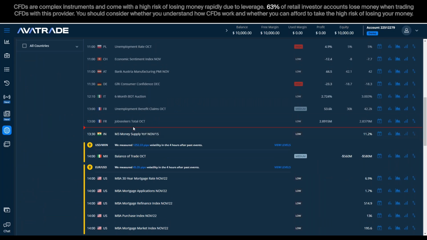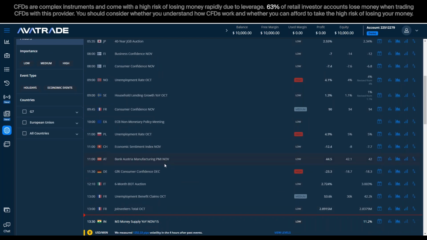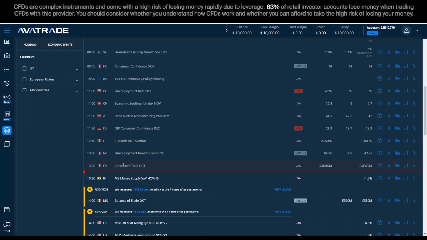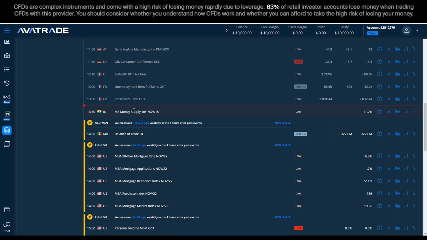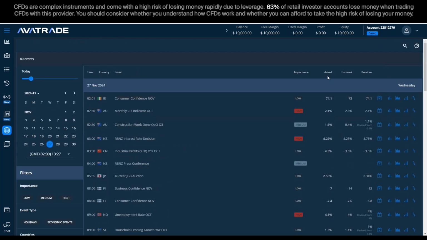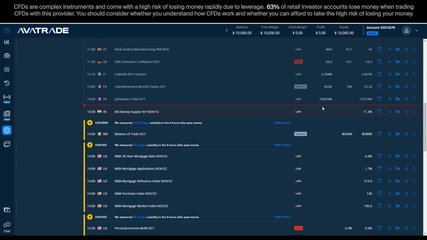With this understanding, whatever looks a bit more gray and has an actual is an event that already took place. And events that look like this with a bright white text are still yet to happen, and this is why we still don't have the actual, right? In this case, we also don't have the forecast.